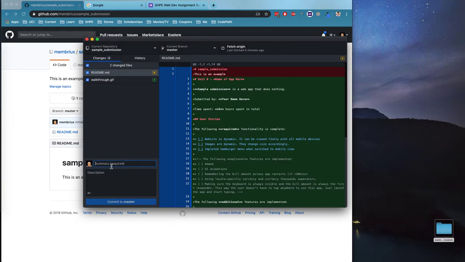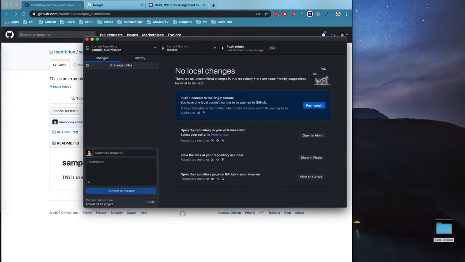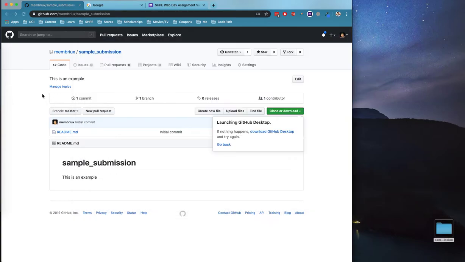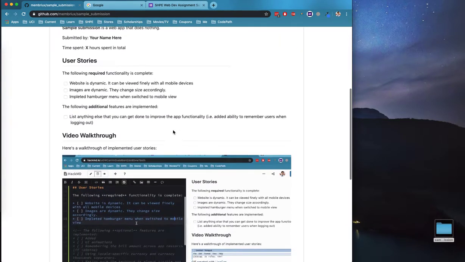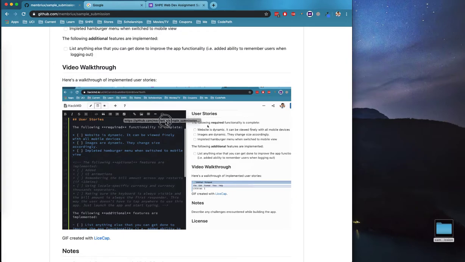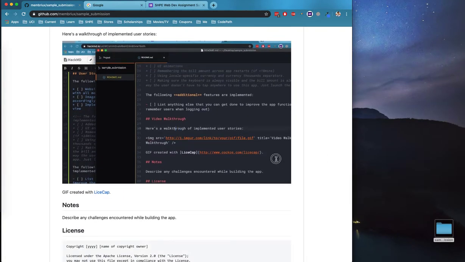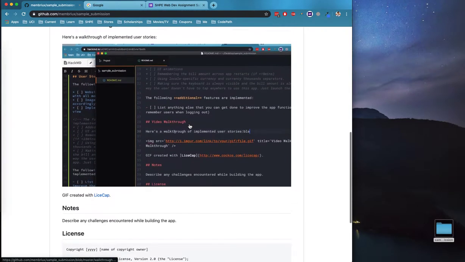Make sure that we added GIF to project. Push that, make sure you push it to origin, and then once that goes through, we can go check our submission, and look at that. So now we have this really cool GIF that we created,